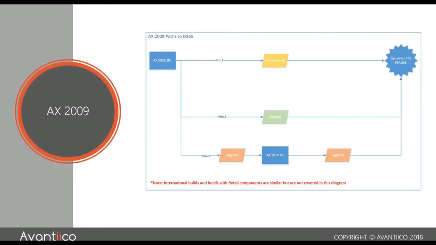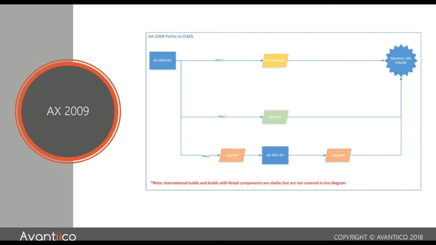Microsoft have released a migration data tool in 2009. It's a small XPO that you put in, and it creates data packages. It syncs to 365, and it can take these data packages, which is a collection of data entities, customers, vendors, chart of accounts, all of that, and actually import that. It won't do the code, but it will do selected data to bring that across. The benefit of that X++ is you can see that code, you can modify it.